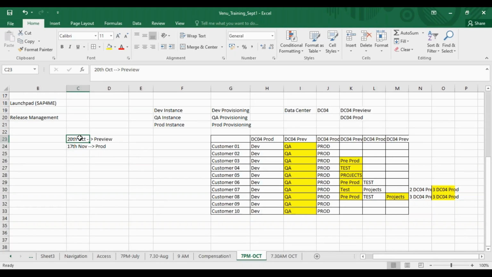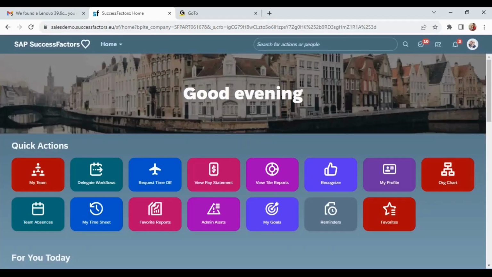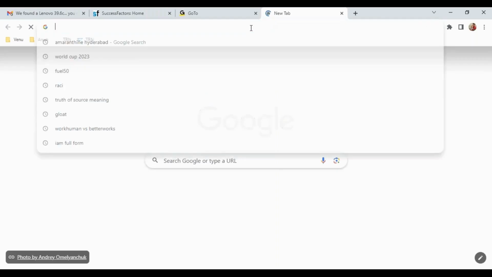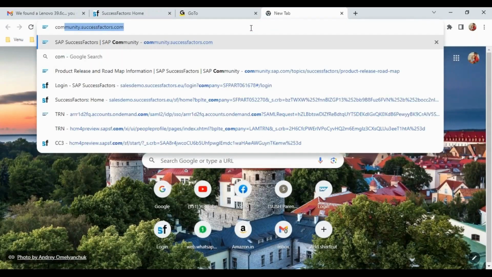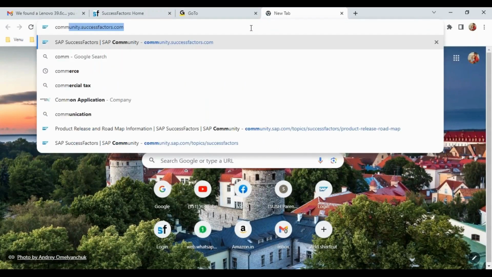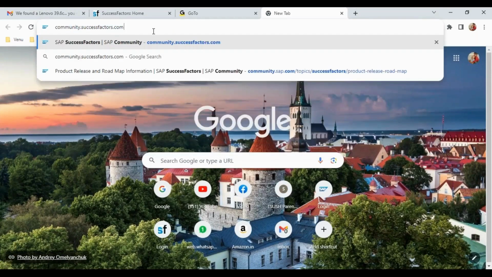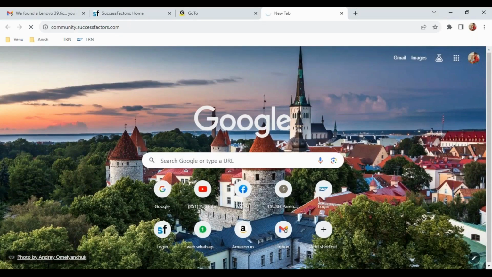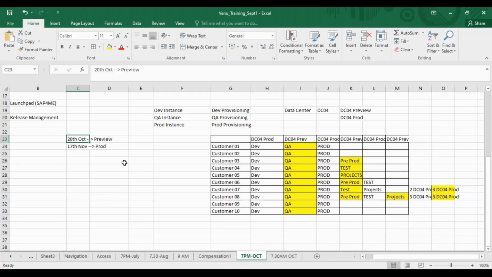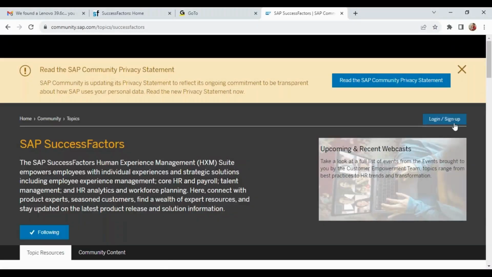So how do we know what is going to come? What are the release features? You will find all of this information in a portal called community.successfactors.com. Just let me log into community.successfactors.com. So once you log in here,